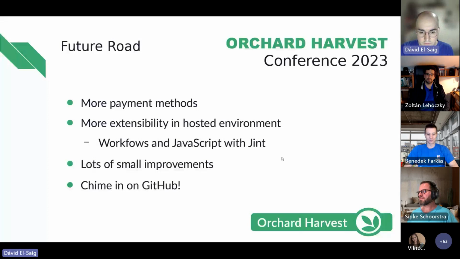And besides that, we have a lot of other small improvements lined up, which can be seen on GitHub as issues. And yeah, absolutely feel free to either add new issues or chime in regarding the existing ones, because even if you don't contribute code, which would absolutely be welcome, then at least input is always appreciated, because we often find that this is such an international